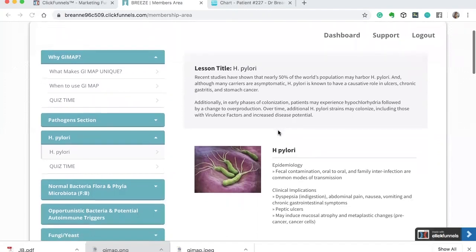Additionally, in early phases of colonization, patients may experience hypochlorhydria, so a lowering of the stomach acid, followed by a change in production over time. So it goes from hypochlorhydria to hyperchlorhydria. So we really need to look at the patient's signs and symptoms, because if you have a patient with H. pylori, strong virulence factors, they are symptomatic, they are experiencing hyperchlorhydria, this would not be a good time